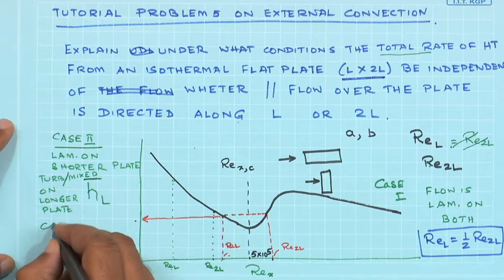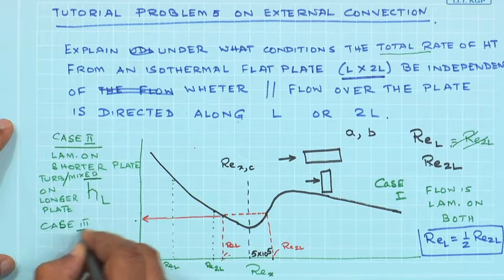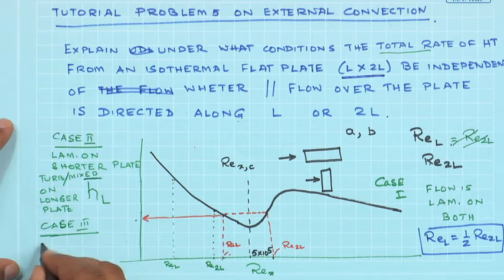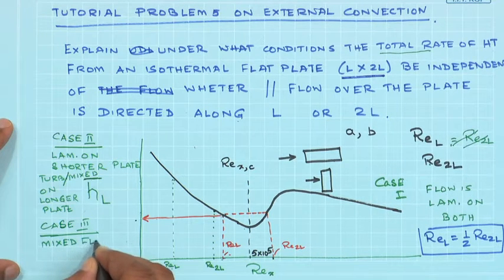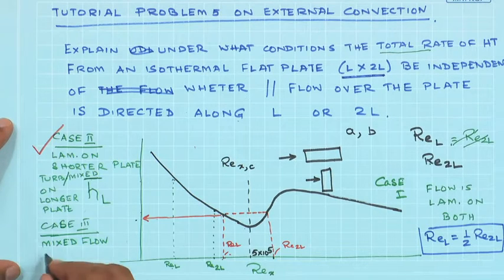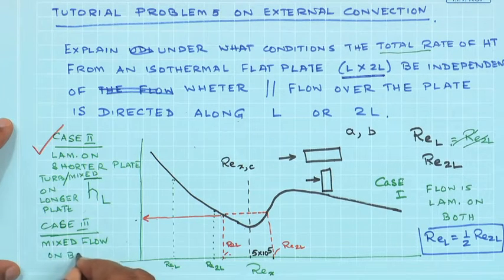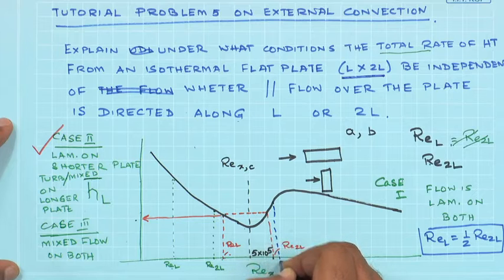So, case 3 then remains: mixed flow on both. So, this is something which is possible, mixed flow on both. Now, if it is mixed flow on both, then what if it is like this? This is one,